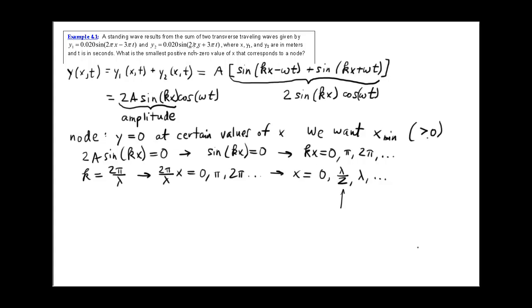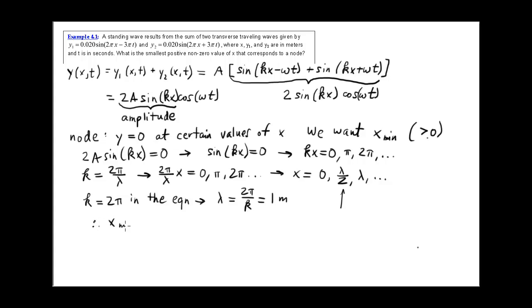Well, we just have to go back to our expression to find the wavelength. So k equals 2 pi in the equation, right? Because it's the sine of k times x. So that means that the wavelength, 2 pi over k, well, that's just 1 meter, because all the distances up here are in meters. So lambda is 1 meter, therefore